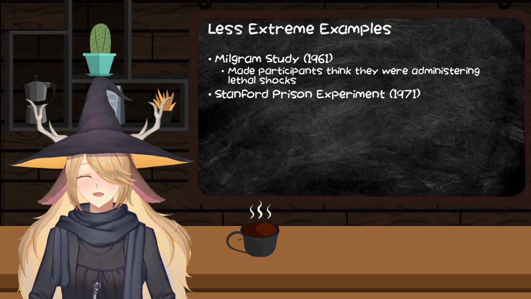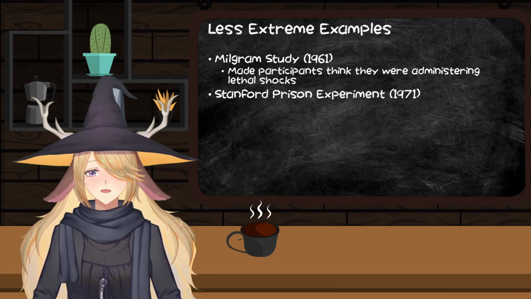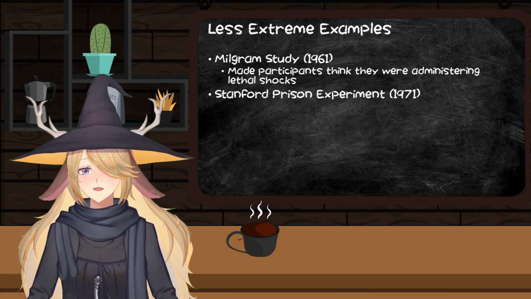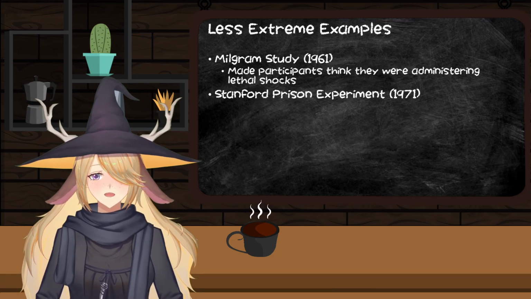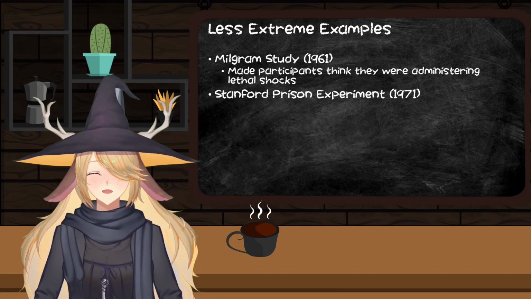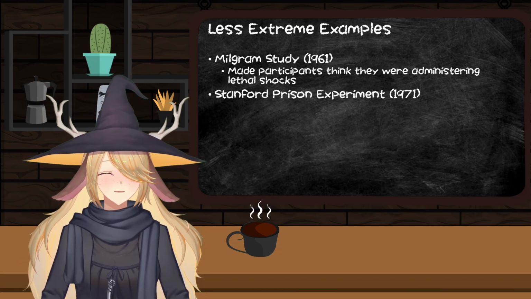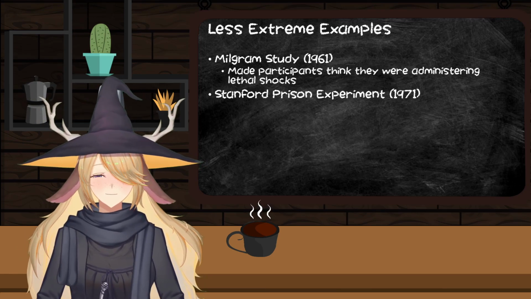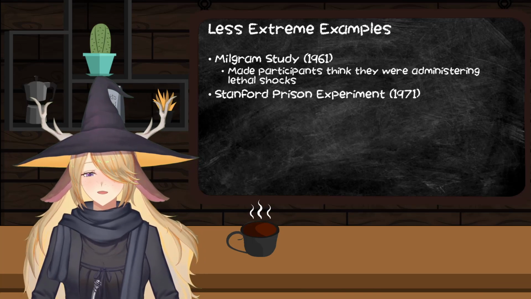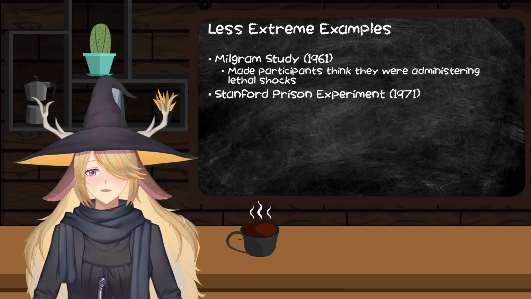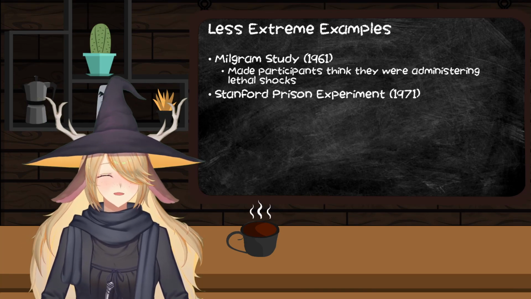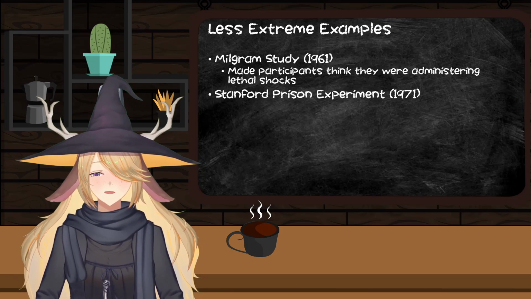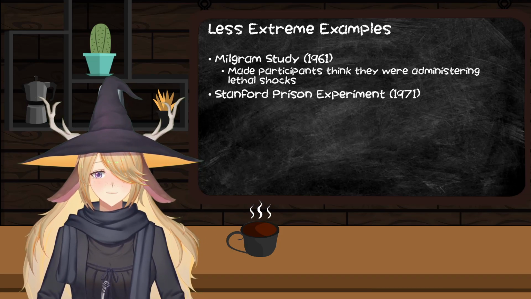Usually after they played the I have a heart condition, I'm in pain, please stop shocking me, the experimenter would say the experiment must continue, and then the other participant, air quotes, the receiver of the shocks, the learner in the experiment, would stop responding and presumably had died. Not a very ethical experiment. Many people were very traumatized by Milgram's experiments because they were led to believe they had murdered someone. And then typically, in some cases, were not fully debriefed and walked out of that experiment fully believing they had murdered someone today. Cool, right?